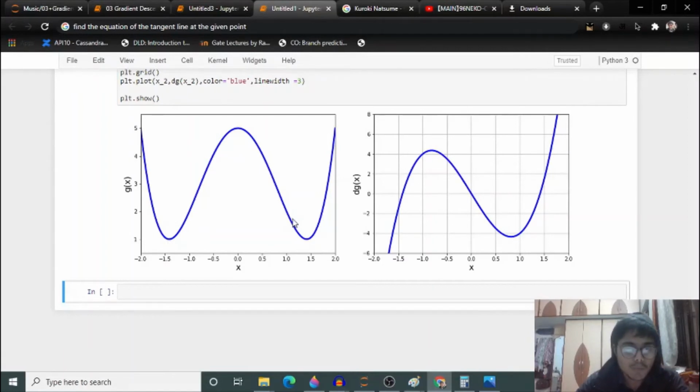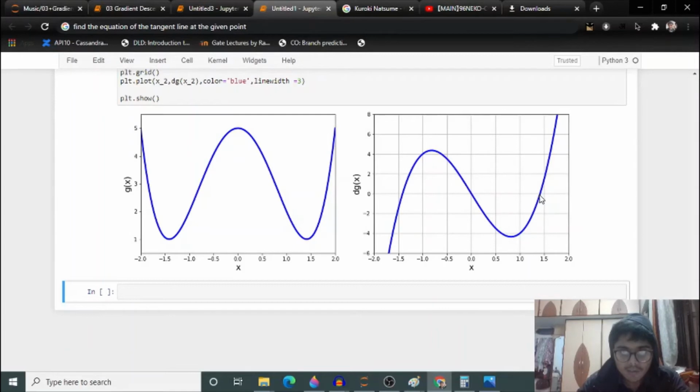It has 2 minima and 1 maxima. At these 3 points we will have derivative 0, and it reflects that this 0 line intersects the derivative plot at 3 points.